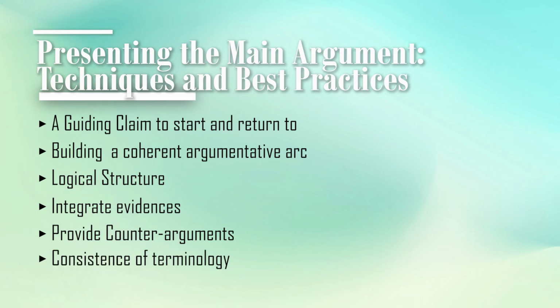Consistency of terminology. One must remember that if very specific terminologies, terms, jargons are used in a research article, then it has to be explained very clearly, and once it is explained, then it can be used at relevant points consistently and coherently. Throwing in terminologies and jargons at random within a research article is not a good practice. We must remember that proper explanation and making it lucid and available to the readers should be first done. Then only it can be used in the course of a research argument.